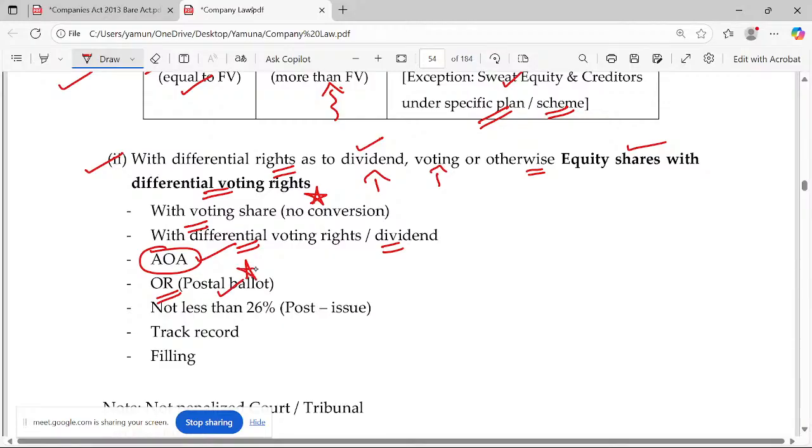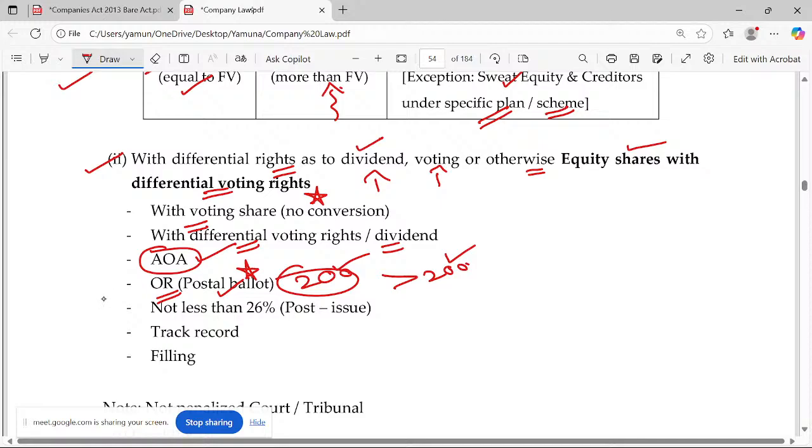But postal ballot may be required. When is postal ballot required? I already discussed. When there are at least 200 members in a company. So tell me, whether a private company has to go for postal ballot for amendment. I have given the answer. When you require postal ballot, when at least 200 members. So is it applicable for a private company? No. Only for public company. When it exceeds 200 members, we need to go for postal ballot. Okay, only public companies will go for postal ballot.